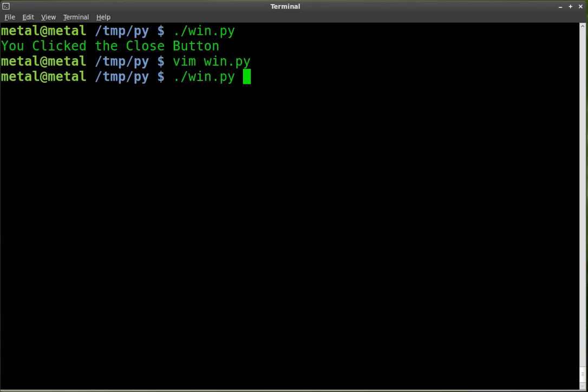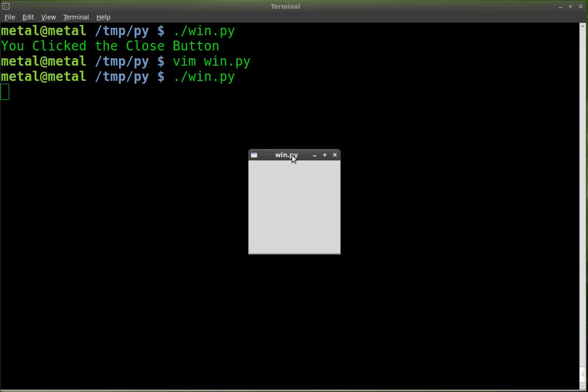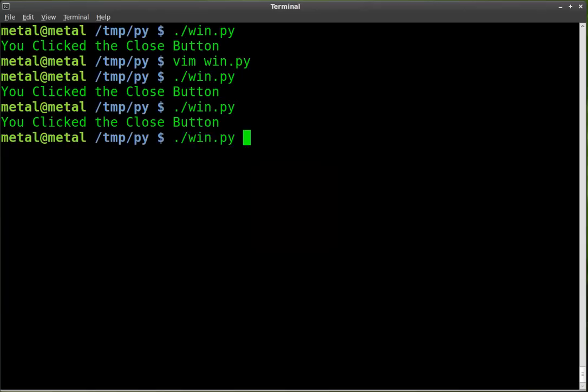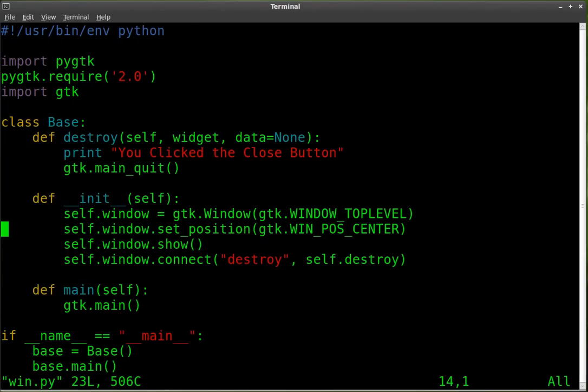We'll save that. We'll run it, and boom, it started off in the center. You can see I can move it, close it, start it up again. It will always start up in the center of your screen with that option. You have a few other options when it comes to positioning with the default positions. You can set it in coordinates, which we'll get into in later tutorials, but other presets